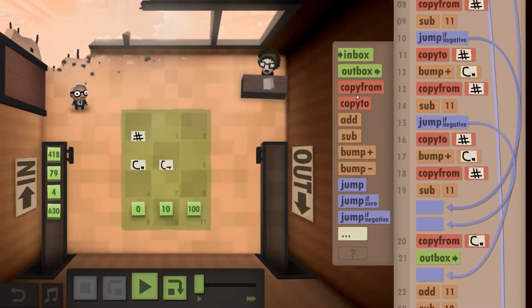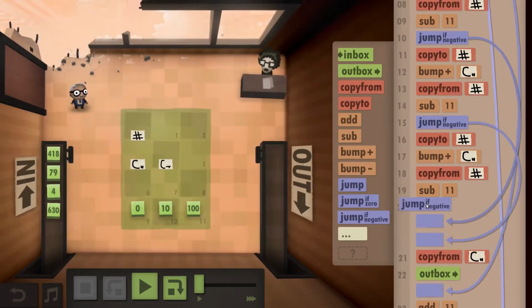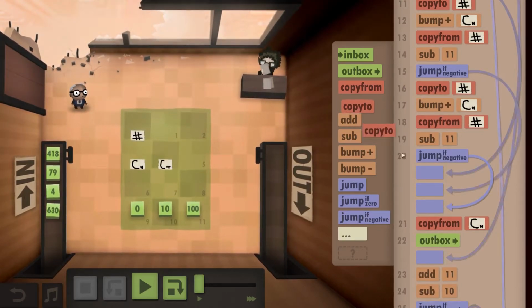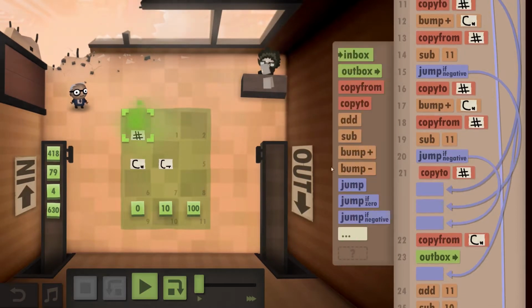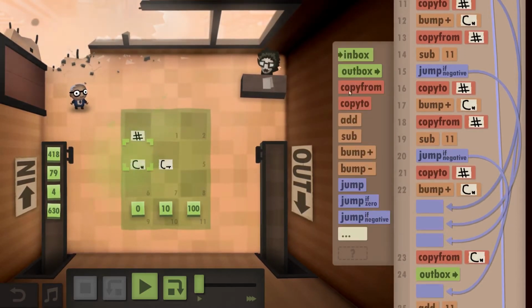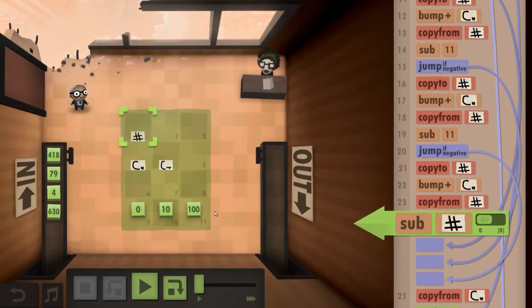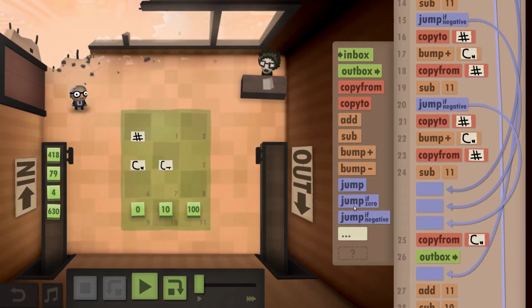Subtract 100. If it's negative, copy to the number. Bump our counter. Copy it from the number. Subtract 100. If it's